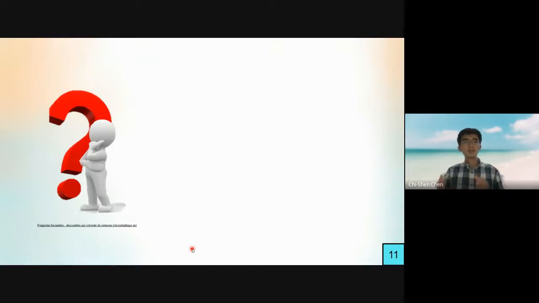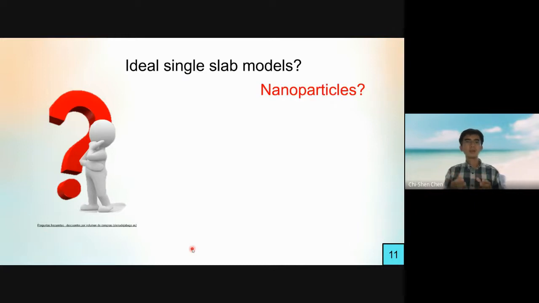It seems that we have done a great job so far and published it on JMCA. However, we are still thinking about some questions. In fact, the experimental groups synthesized the catalysts in the form of nanoparticles. But the models we used in simulation previously are ideal single-state models. They cannot present the grain boundaries, and we think that the atoms on the grain boundaries might have a higher ORR activity. So we start to think,